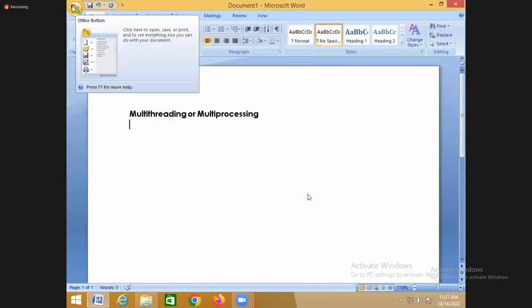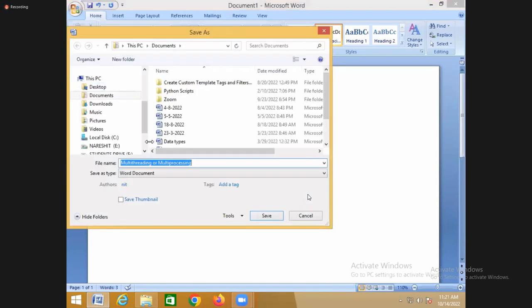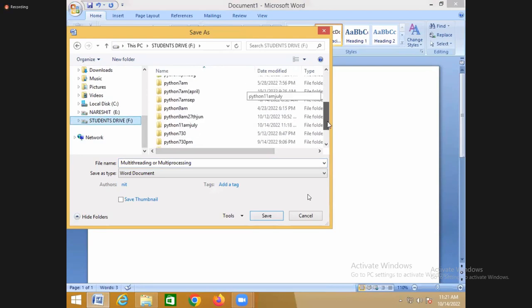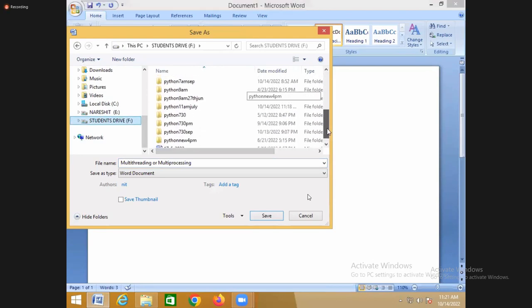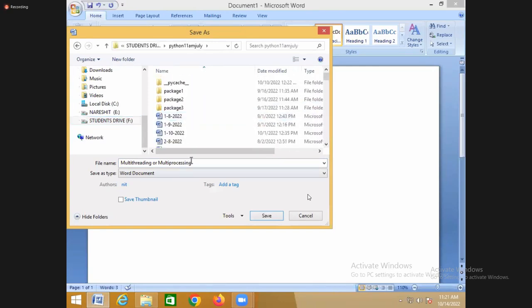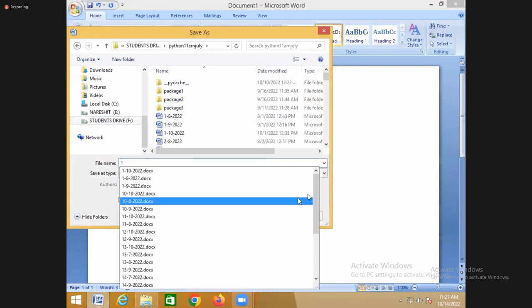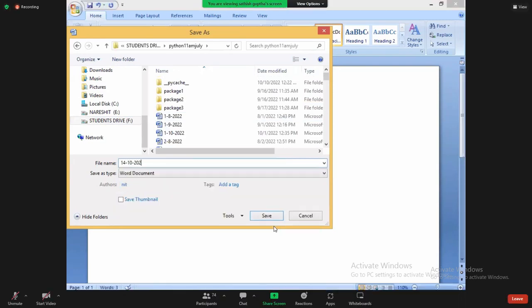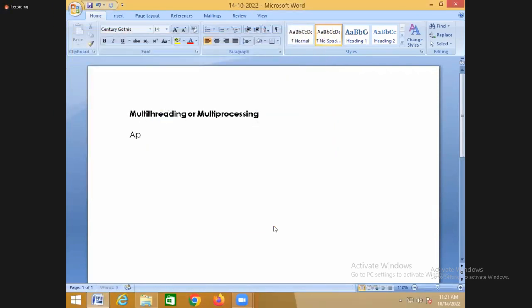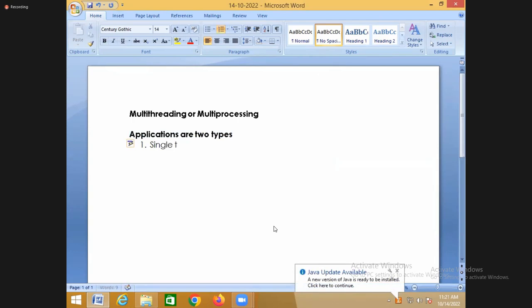So what is multi-threading or multi-processing here? Okay. So actually, the applications are of two types. You find two types of applications. So one is called single tasking applications,